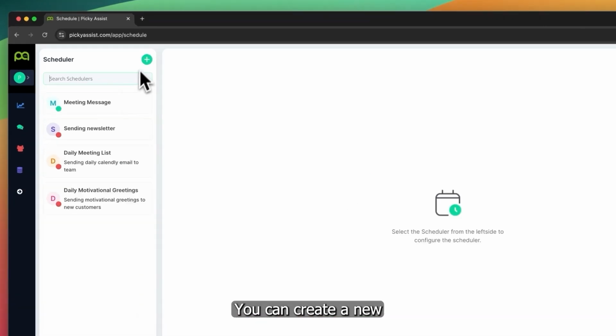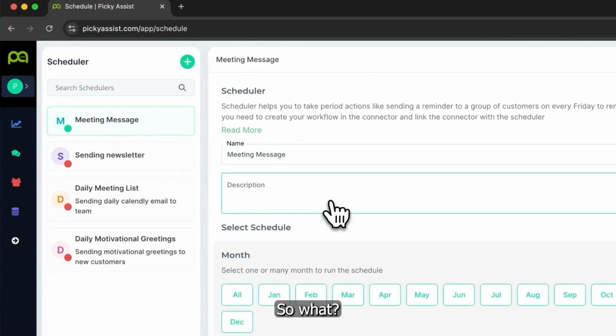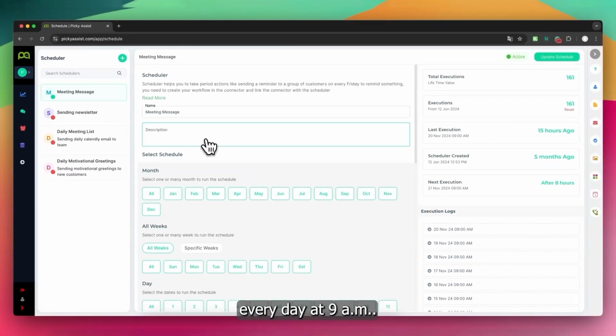You can create a new scheduler. I have already a scheduler called Meeting Messages. So what it does is that every day at 9 a.m. it is going to trigger a connector that further is going to fetch all my Calendly schedules and send a reminder to my internal team members. That's it. It can be used for any purposes, but I have set it up right now with the Meeting